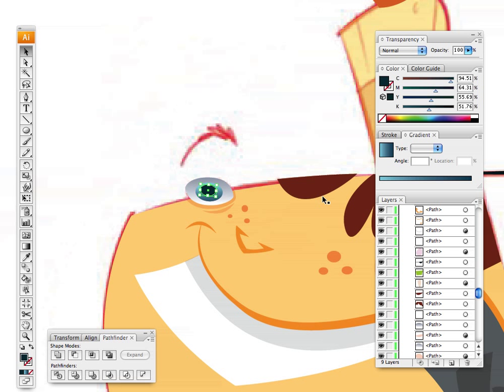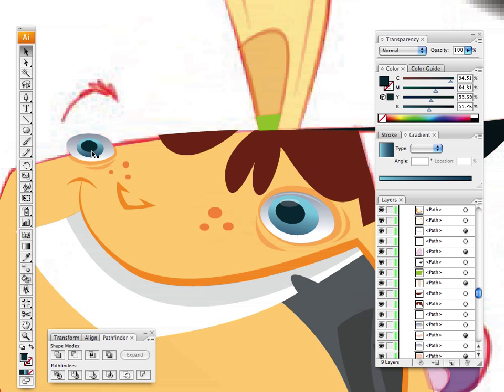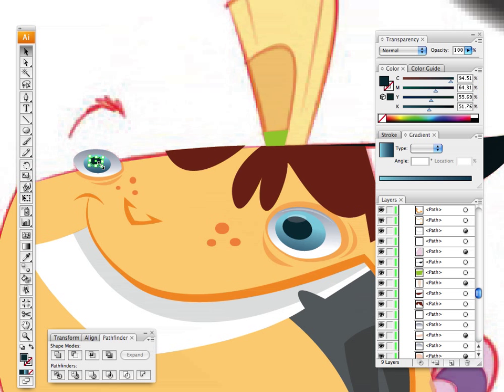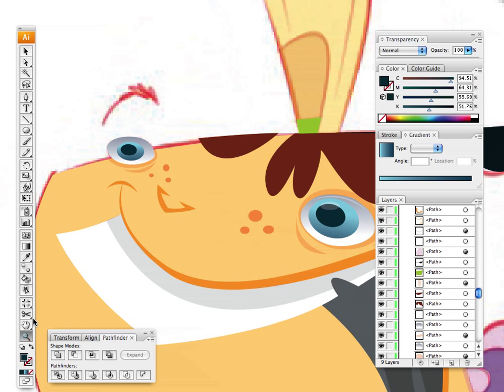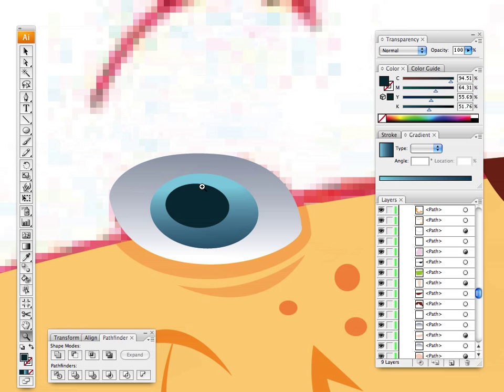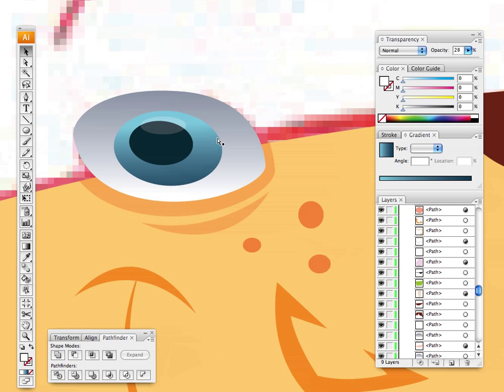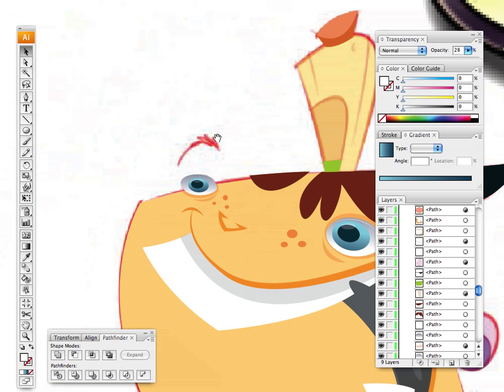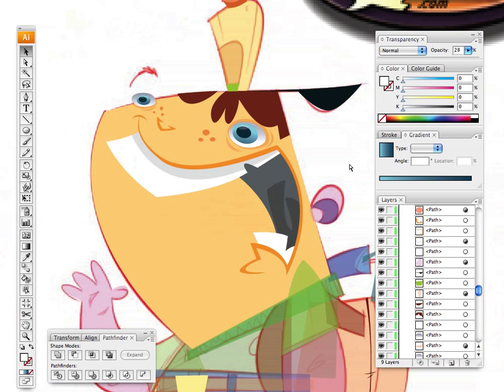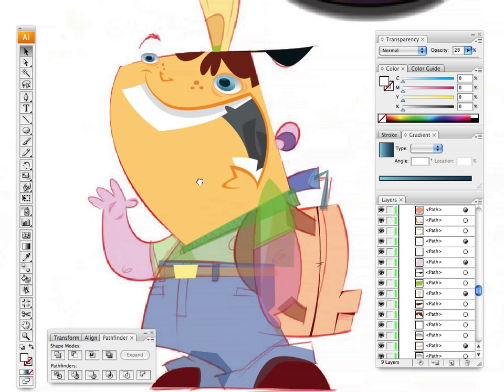See, yeah, that'll be right. Maybe a little smaller. A little bigger. And zoom in. Give him another reflection spot on his eye. Change the opacity. Okay,